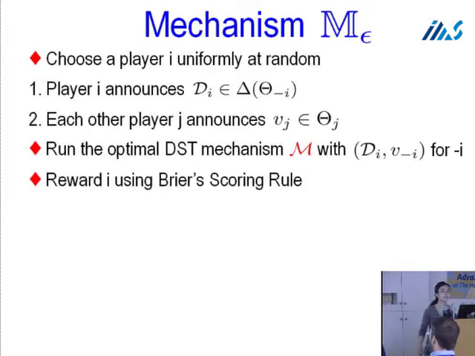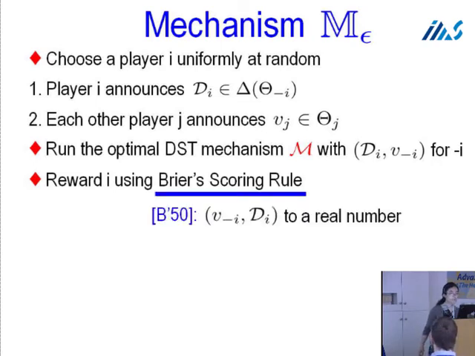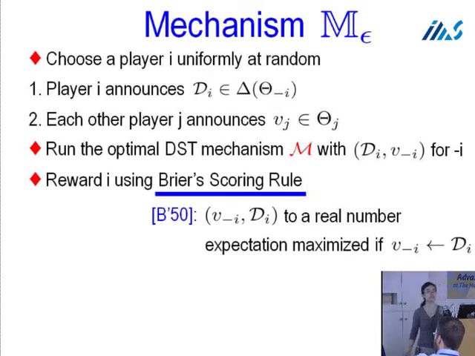But then we have given player I some incentive to contribute his knowledge. This is where we use the so-called Brier's scoring rule to reward player I. I'm not going to tell you the exact formula of this scoring rule, but the only thing you need to know is that this is a function mapping from a distribution and a valuation profile here to a real number. And it has a very nice property that